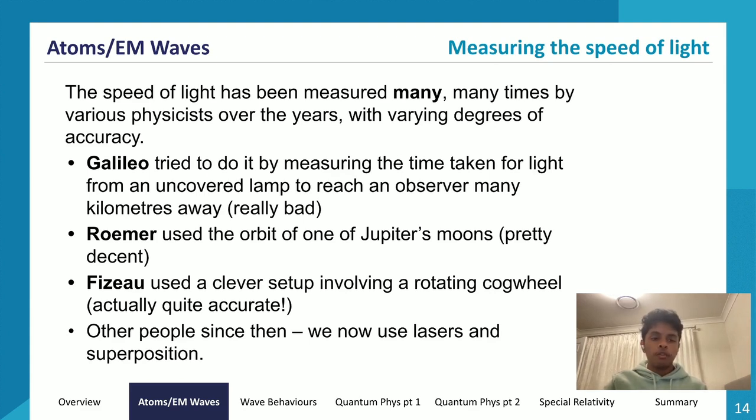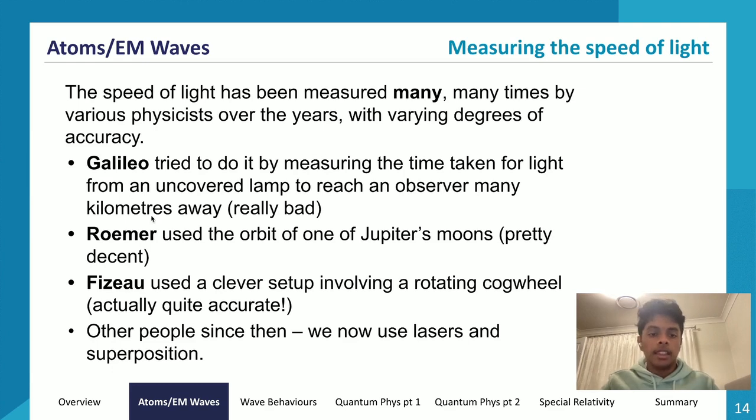Now, fun fact, light can travel around the Earth 7 times in 1 second. And the circumference of the Earth is a lot more than 1 kilometer. So obviously, the time taken for light to travel the 2 kilometers, so two ways, 1 kilometer to B and then 1 kilometer from B to G, is going to be very, very tiny.